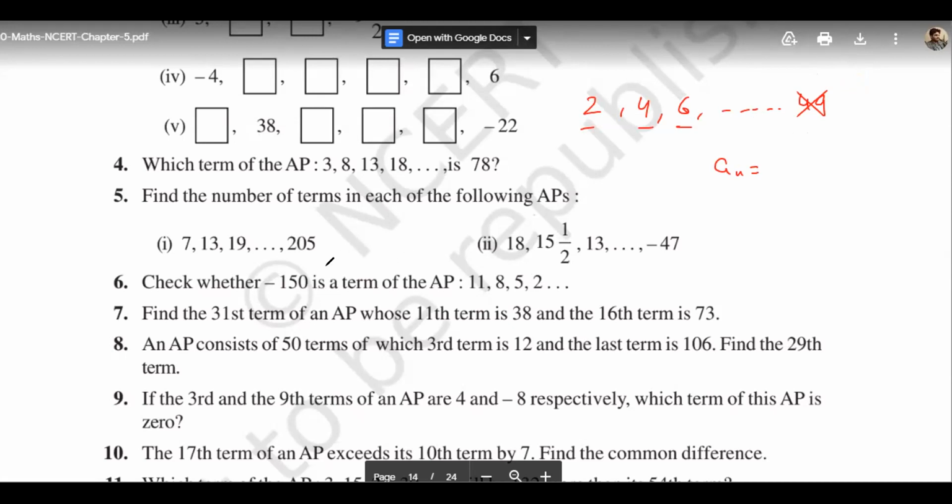So अगर आपने इस minus 150 को consider कर लिया है, minus 150 को consider कर लिया है आपने a_n term, first term for this AP is 11. The common difference for this AP is 3 here, and that is of minus 3. So if you calculate the value of n, and n comes to be a natural number 1, 2, 3, 4, 5, 6, 7 something करके, सो अगर ऐसे आता है n की वैल्यू तो ये उस एपी का टर्म होगा. और अगर ये n की वैल्यू 2.6, 7.32 कुछ भी करके ऐसे आता है पॉइंट्स में, डेसिमल्स में, नॉट एन एग्जैक्ट नेचुरल नंबर, then we will say that this 150 is not a term of this AP. So calculate the value of n in this case.